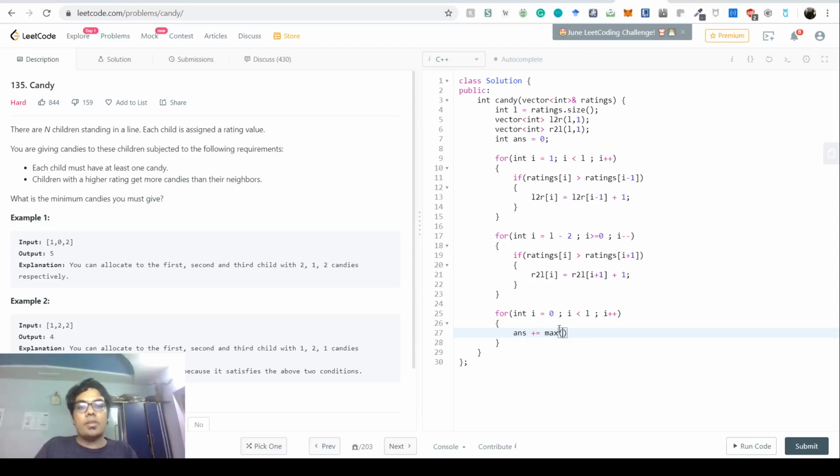The best part about C++ is that we already have the std max function, so we don't need to re-implement the wheel. So we add the maximum to the answer.